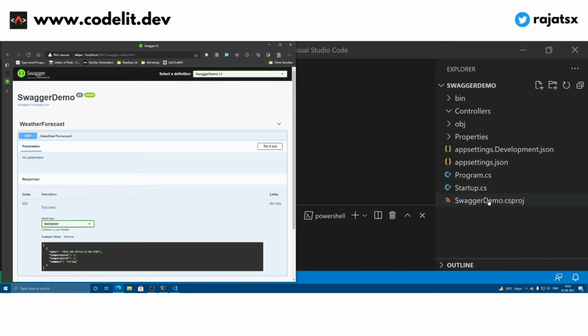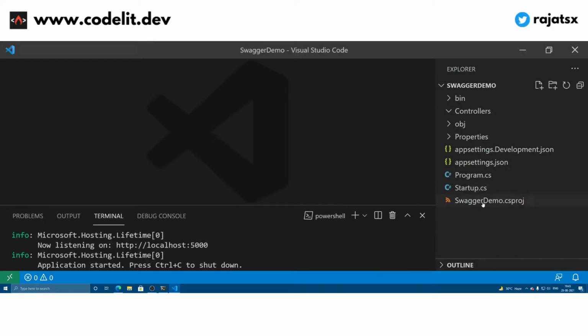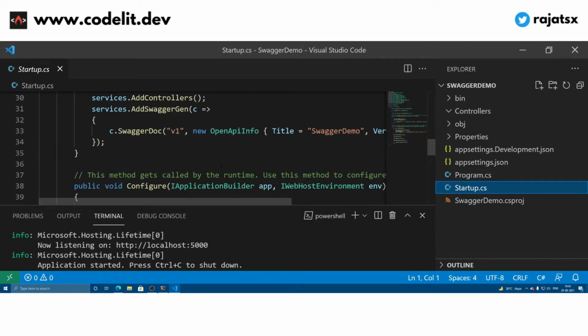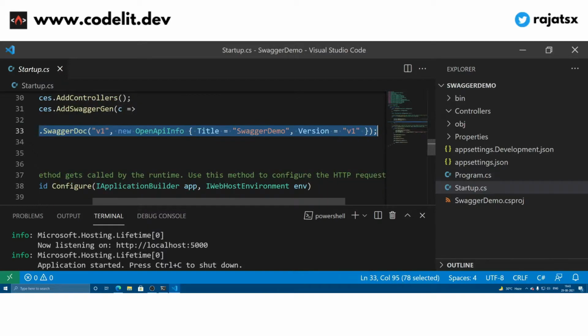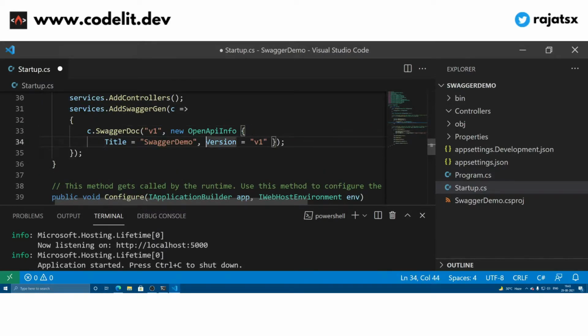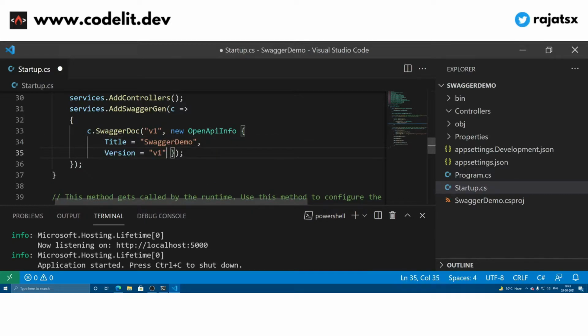First of all we will go to our startup program, and over here you can see this AddSwaggerGen command. Basically this sets up the Swagger generator for you. And over here we have this API info. I will show you how easily you can change some stuff so as to meet your likings.